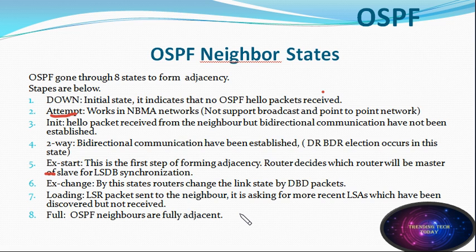In loading state, one neighbor sends the LSR packet, link state request packet, to the other neighbor for any recent LSAs that it has discovered but not yet received. That is why the first neighbor sends the LSR packet to the second neighbor for the adjacency.